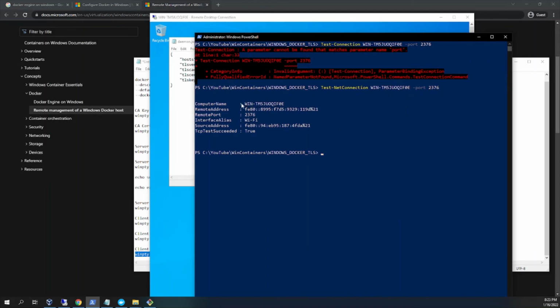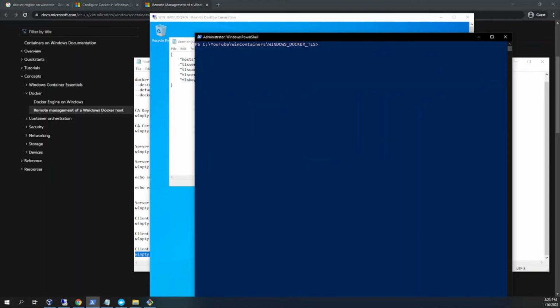As you can see, this command tells us that we can connect to this computer on this port using our local machine. Perfect, everything is looking good. Now what I want to do is update my Docker context. But before that, do you remember that